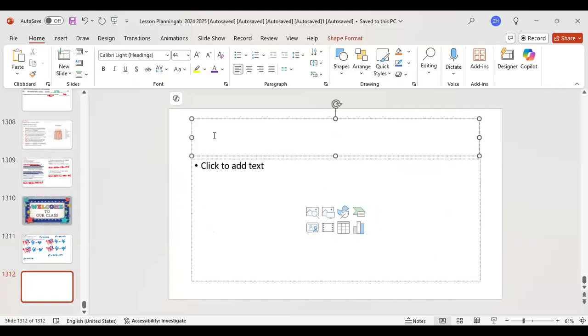Okay, so let's look at some more examples. So we're still in section 2, simplifying algebraic